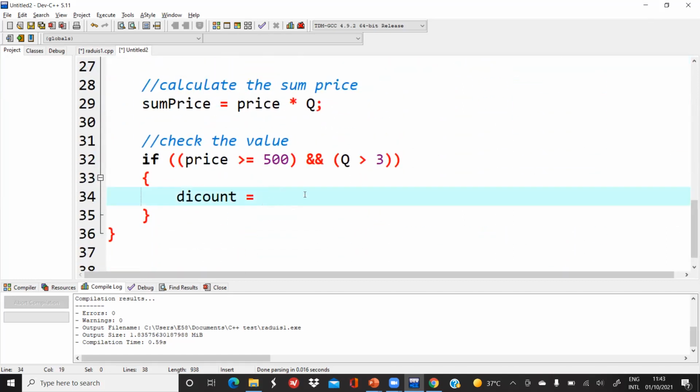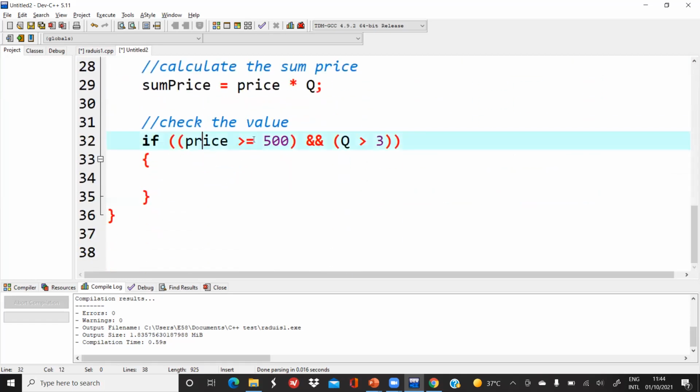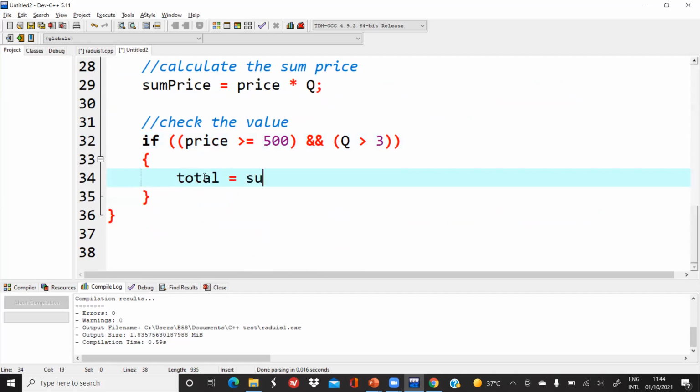First of all, in order to see the total, I have to do the discount here once, and I'll call it total price. So if the price is above 500 and Q above 3, then total equals sum price